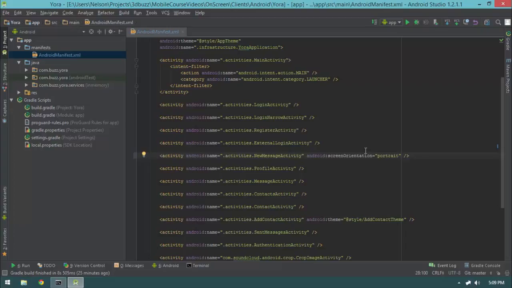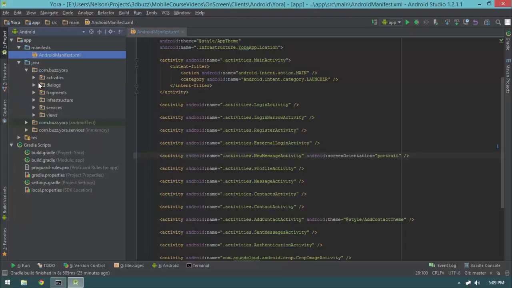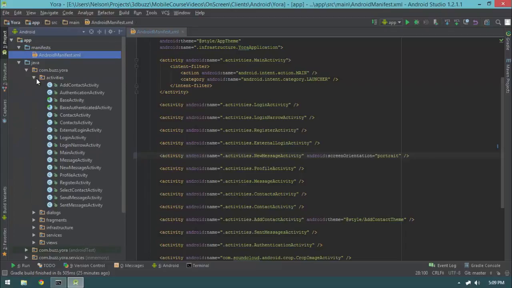Alright, the next thing I want to do is change the JPEG compression and max image height for our new and send message activities. So this is just an optimization. I turned out not being happy with how large the images were that I was capturing when I was testing on a real device that was actually taking real pictures, as opposed to the Genymotion emulator. I wasn't happy with the size of them,